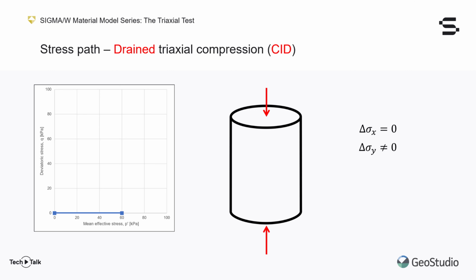With simple algebraic manipulations, you can show these stress changes amount to a rate of change of the deviatoric stress over the mean stress equal to 3. In terms of stress path, this constant rate of change is thus a straight inclined line where for every unit change in mean stress, the deviatoric stress will increase threefold. This 3-for-1 stress path associated with a drained triaxial compression test is very useful since it also relates to the